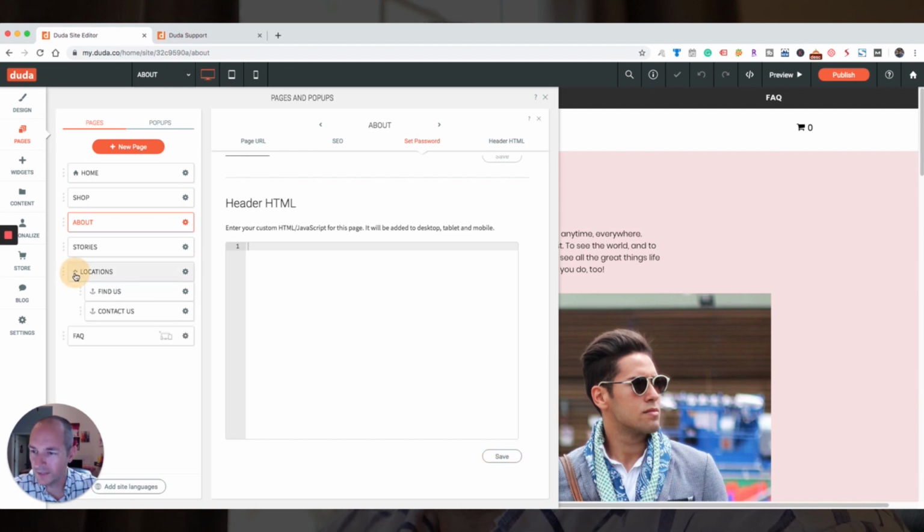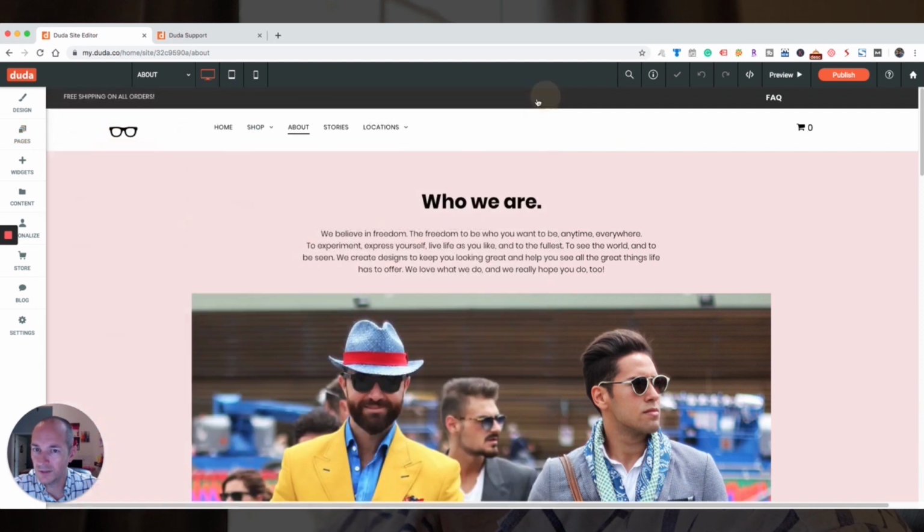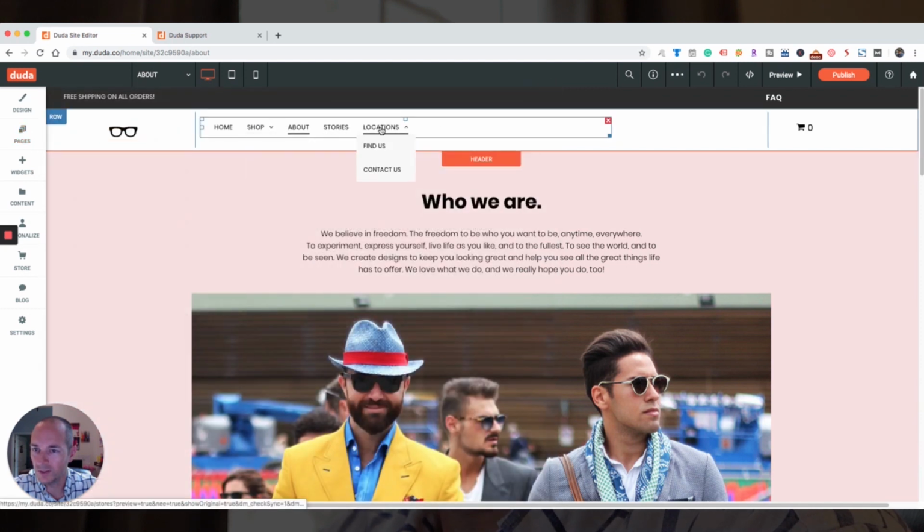This one here, you see a little down arrow. It's because it has sub pages, and you can actually move and drag a page and create a hierarchy, if you will, for pages, and change the order. And when you change the order here, it changes on the menu. Pretty simple stuff. The order up here will change.